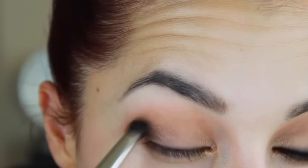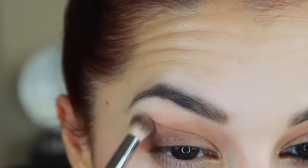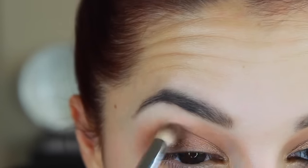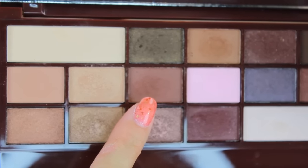And as you can see, I'm going back and forth and just working that shade and taking my time with every color or tone of brown that I'm going to be using, because I'm using all of the matte brown shades in this palette. So I'm going to layer them together, but I'm blending. So now I'm taking another shade, which is called Pleasure Girl, if you're following along with this palette,